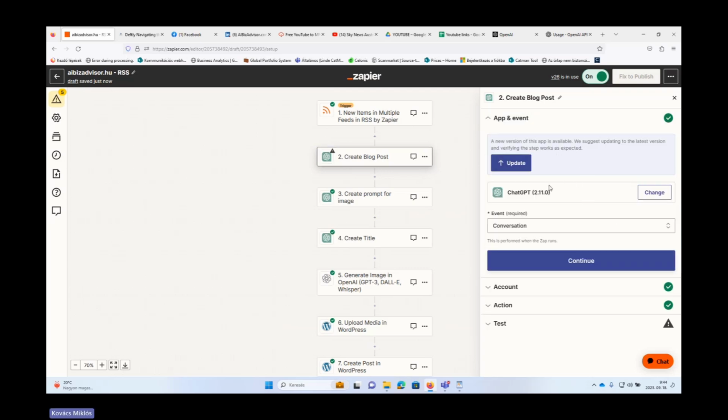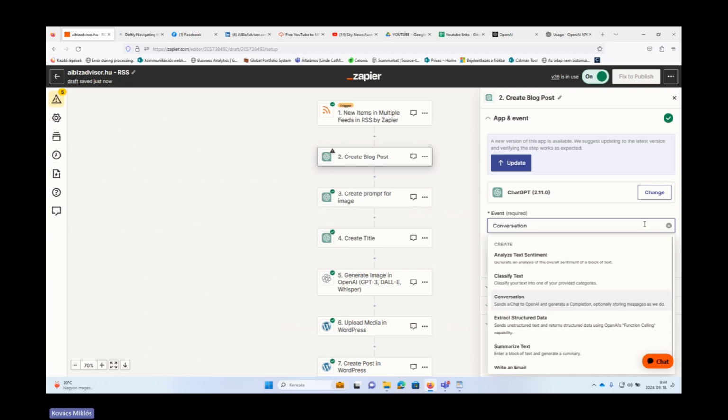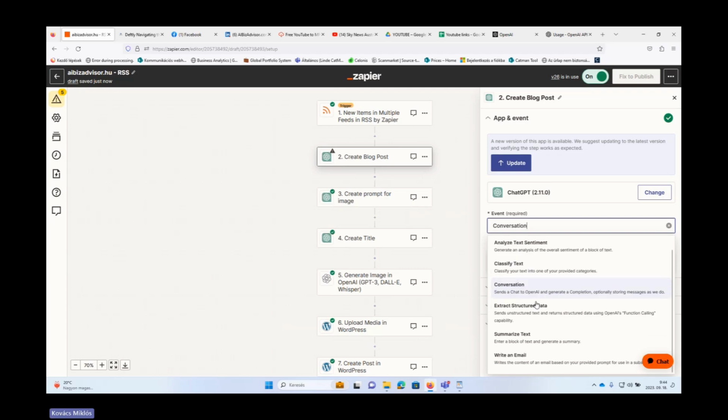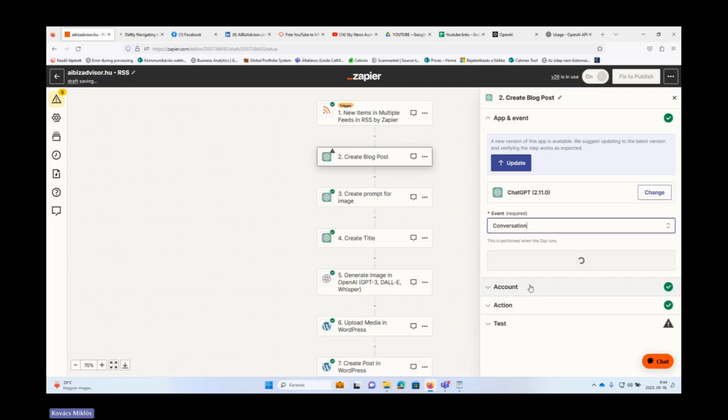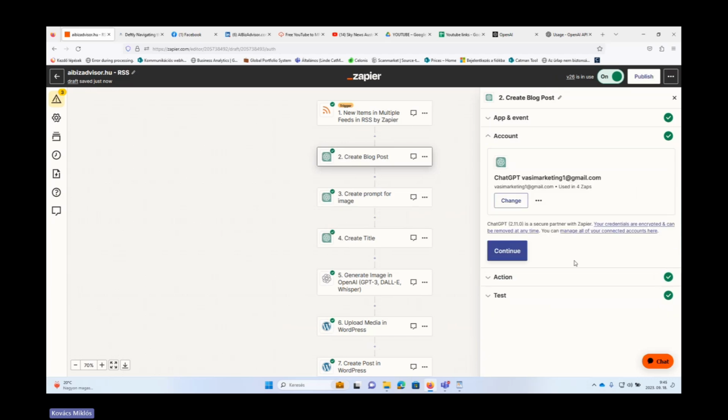So ChatGPT, and then you have several events you can choose from: analyze, classify text, conversation, summarize text, write an email, and so on. So basically, you have several options for how you can use ChatGPT. In my case, I use conversation and then continue.